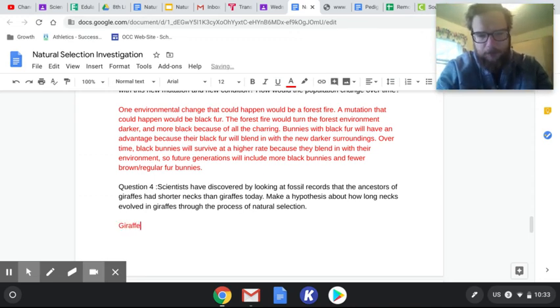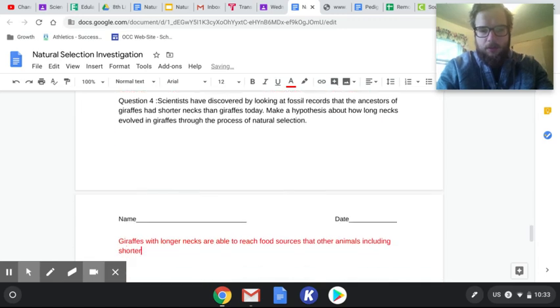Giraffes with longer necks are able to reach food sources that other animals, including shorter neck giraffes,